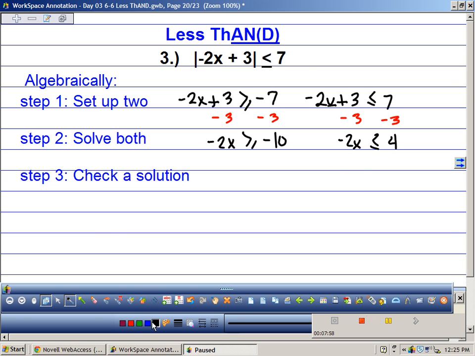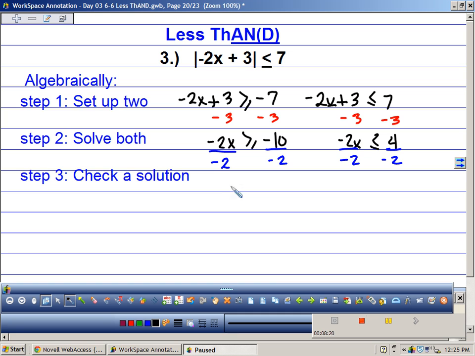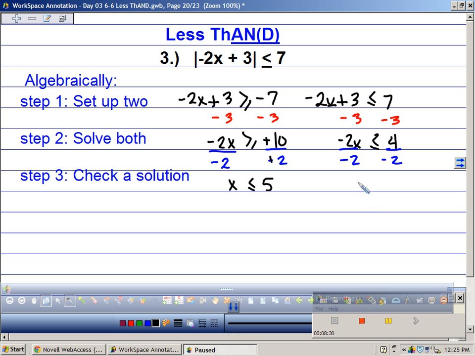I'm going to divide next. When I divide, though, I'm dividing by, exactly, I'm dividing by negative, or I'm dividing by the opposite of that value, right? So if I'm dividing by the opposite, I need to take the opposite sign. Dividing everything by the opposite. Therefore, I get x is now the opposite of greater. It's less than or equal to, the opposite of an opposite makes positive, and x is less than or equal to negative 2, which